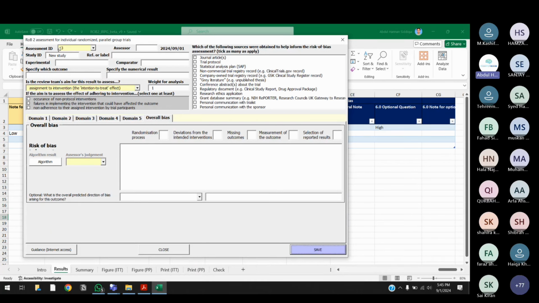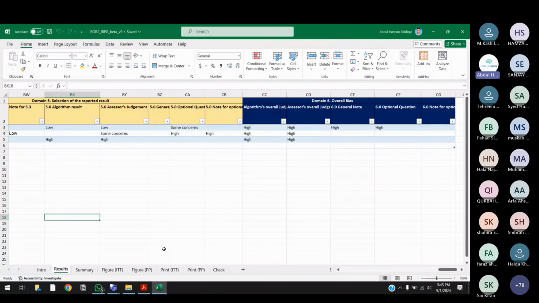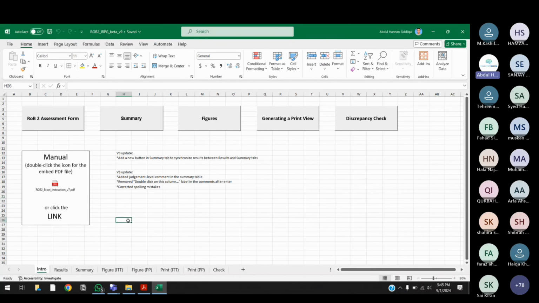No man, I typed it, just like I did right now, okay? Study ID में जाके मैंने new study type किया, उसको मैंने unique ID दी 3. It is subjective, and okay, so once I'm done with saving, I can close this dialog box, okay? And I can go to the intro or the home tab, सही है? Once you are done conducting the quality assessment for the study, you can close it and you can come to the intro tab, सही है?